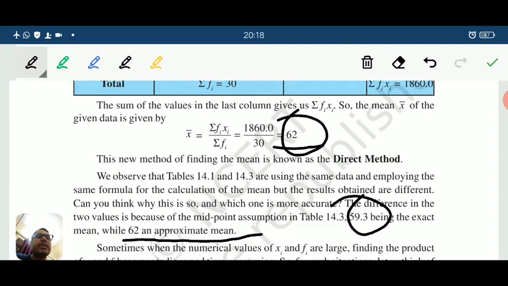But the question is, why do we use the one which gives the approximate value? See, this particular method is used so that we reduce our time of calculations. Our calculations will go a little faster. So 59.3 and 62 are very near, isn't it? So this is the approximate number. And what is the advantage of using this particular method? It is a direct method, and by using this method we can reduce our time of calculations. We can save our time. It is not a tedious process, very easy and very simple to understand also.